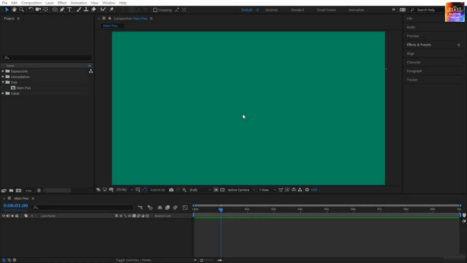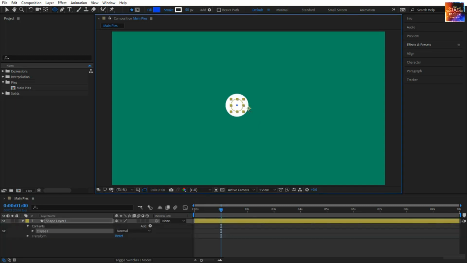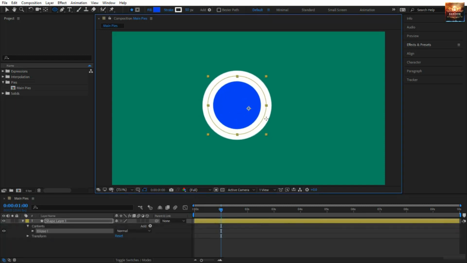In this lecture, I'm going to show you how to create a pie chart. And in the next lecture, I will show you how to use the expression controls to control the colors and the percentage. Let's start by creating our pie. So we use the ellipse tool, come in the middle, click and press Ctrl and Shift and open a circle